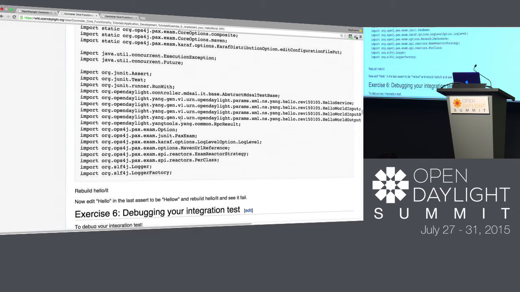Oh, so the MD-SAL config store is persistent already. So the config store is persistent. You can remove the persistence. But